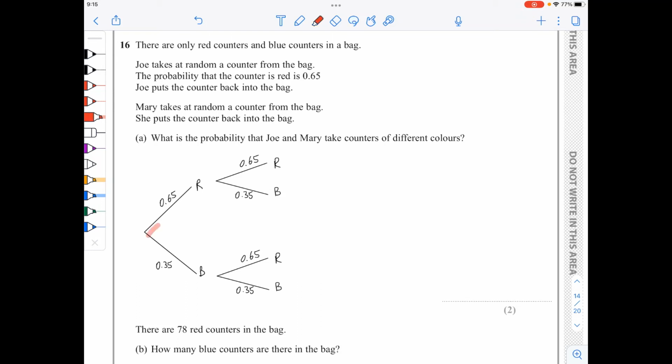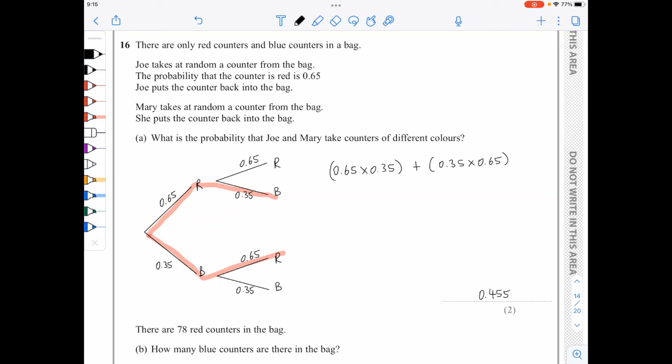So it's going to be either red, blue, or blue, red. So I multiply the probability of the branches through which I travel. It's going to be either red, blue, or blue, red. The or translates into a plus, and this gives an answer of